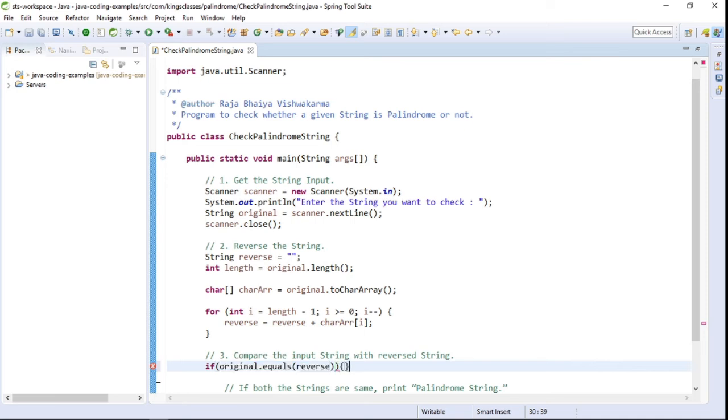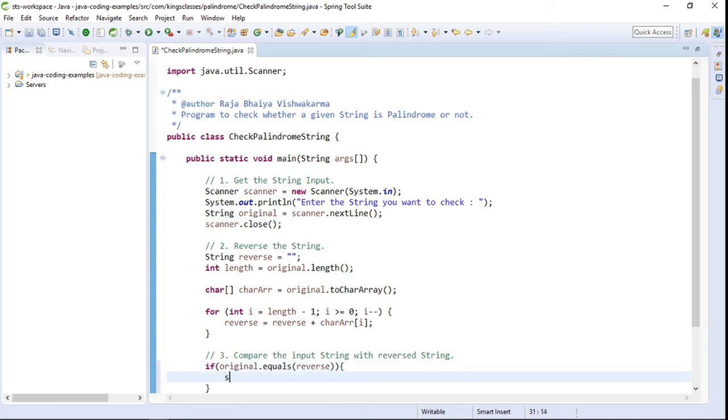So inside the if we will be printing the message. Basically what we will do, we will print the original string plus we will give the message this string is palindrome string.